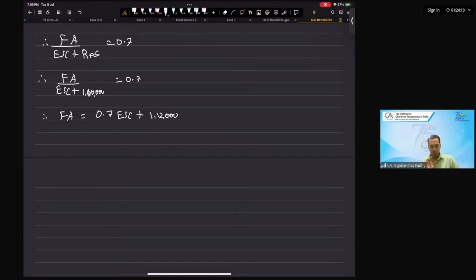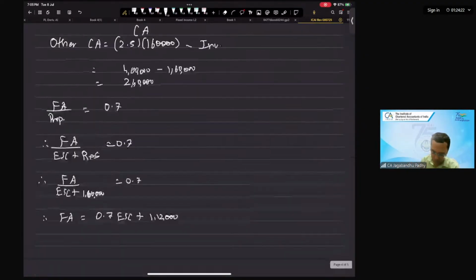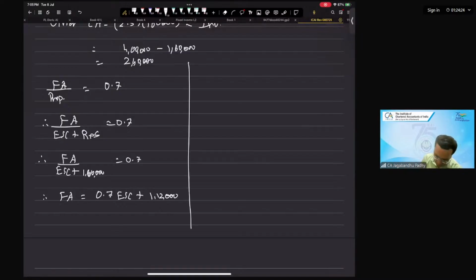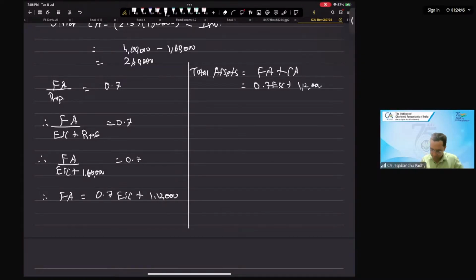right? So now fixed asset and equity share capital, both the things are unknown to us. So in this situation, we can simply do one thing. We'll talk of total assets. Total assets will be fixed asset plus current assets. So fixed asset, I'm going to write it as 0.7 times of equity share capital plus current assets of 1,12,000, right? And then we have the total